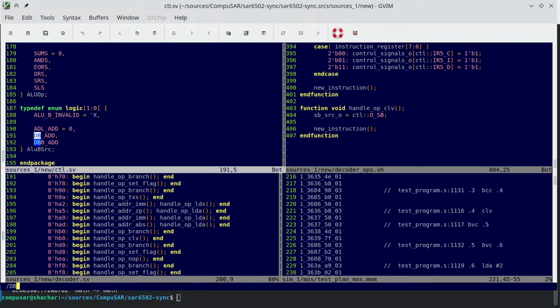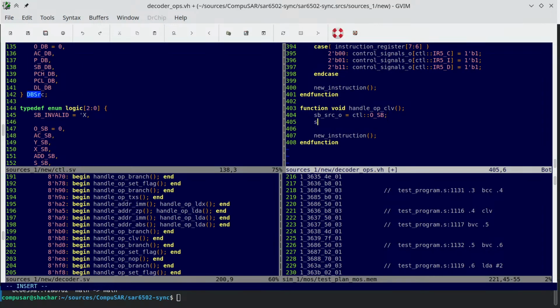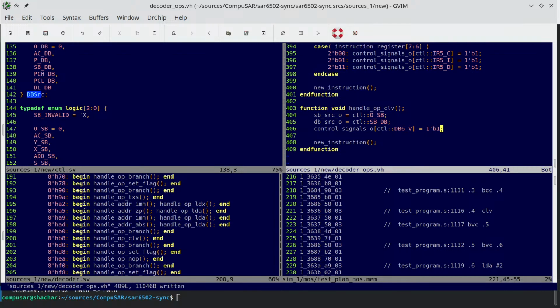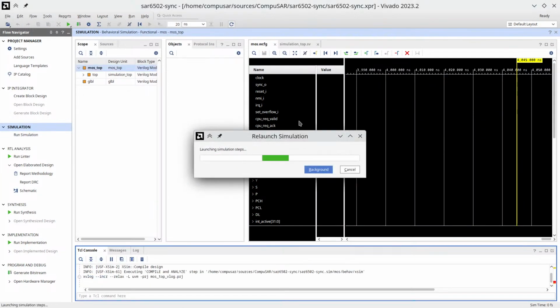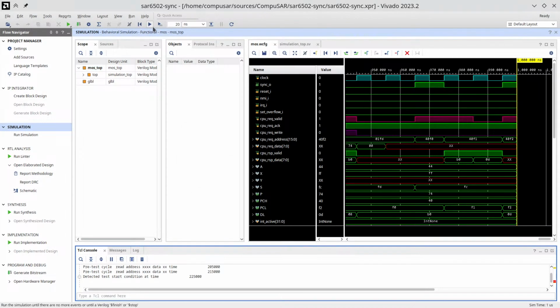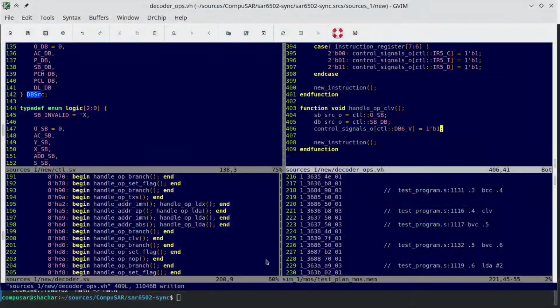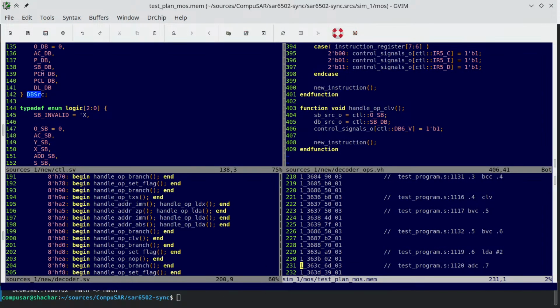So DB source, and it's called SBDB. And this will get me zeros into the data bus, which means that now I can also do DB something, DB6 to overflow. So all of this in order to clear the overflow. Let's see if it worked. 232. Yep, we're up to the ALU operations. So let's